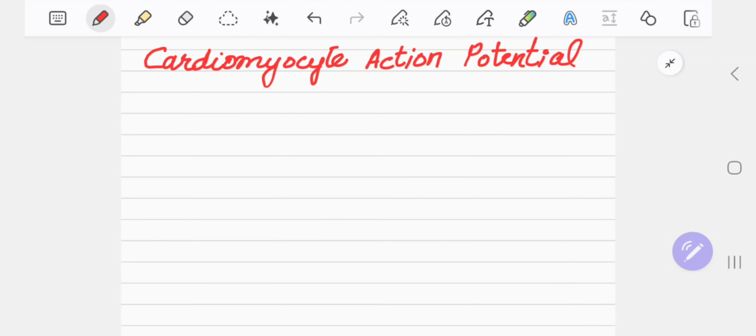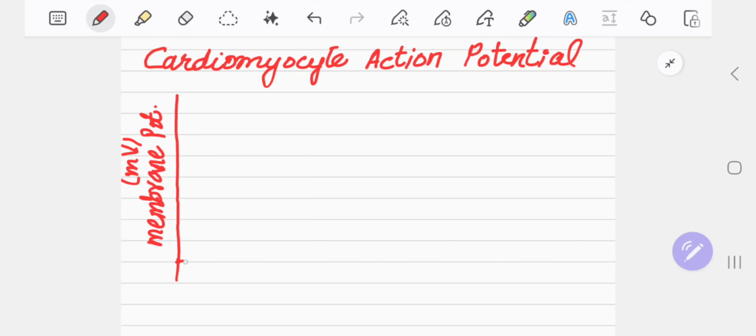Okay, so today we'll quickly go through the cardiomyocyte action potential and how it unfolds. First, let's draw the action potential curve. We know on the y-axis we have membrane potential, which is in millivolts. And let's say it starts with minus 80,